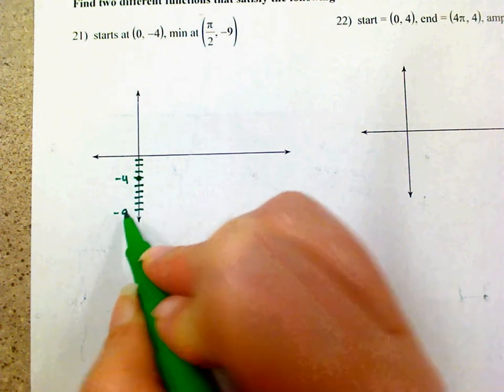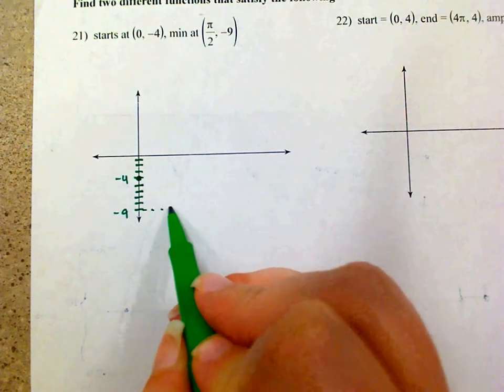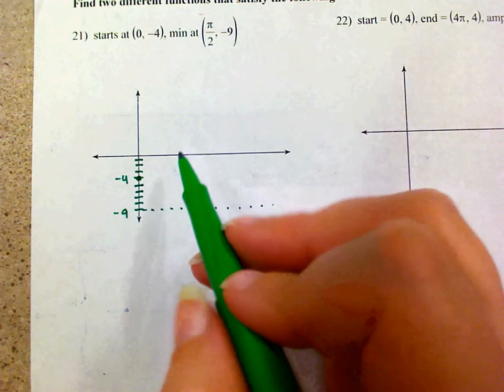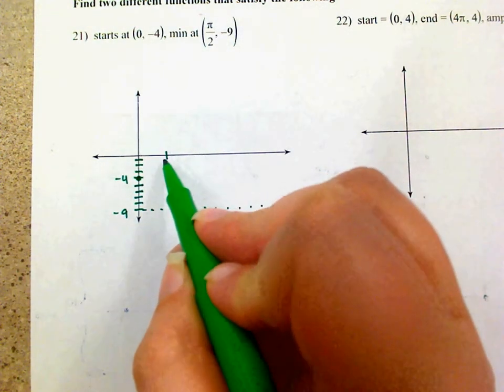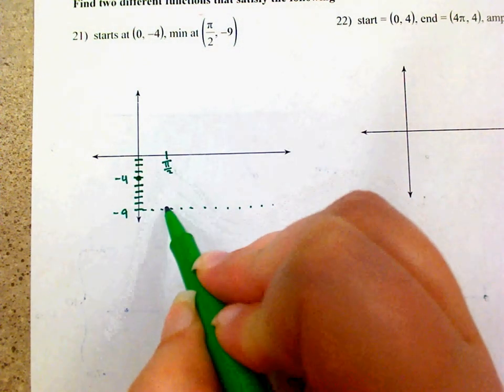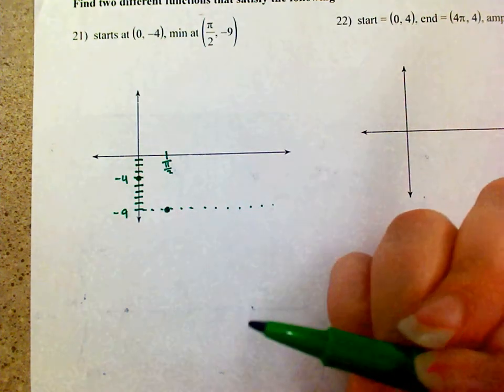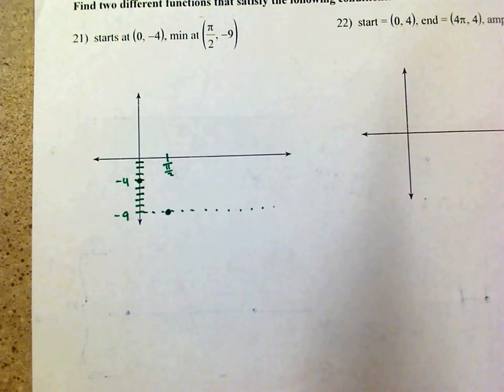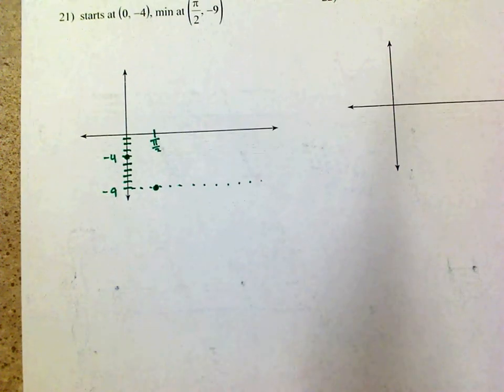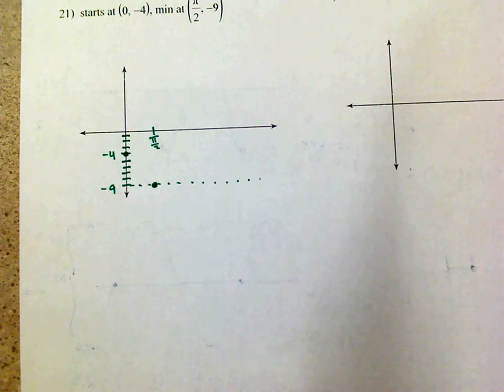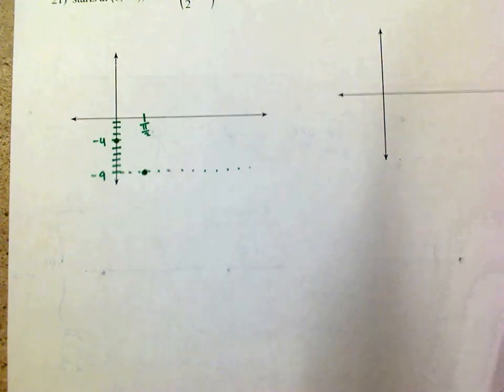Okay. Now, what I like to ask people is, hey, is -4 the max? And then if you can't tell me because the directions didn't tell you, then that means something. It doesn't have to be the max, but could it? Sure. Is -4 the midline? It doesn't have to be, but could it? Yes. So when I think about my 4 options as far as my graphs go,